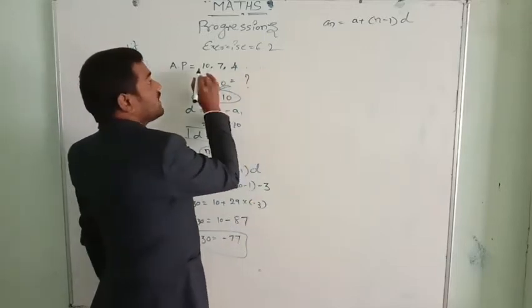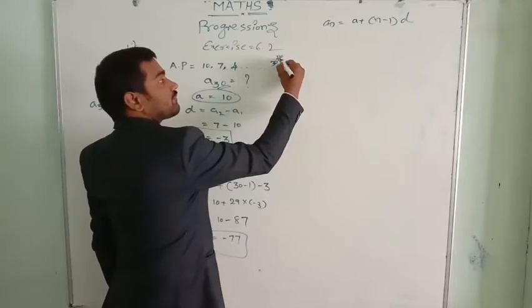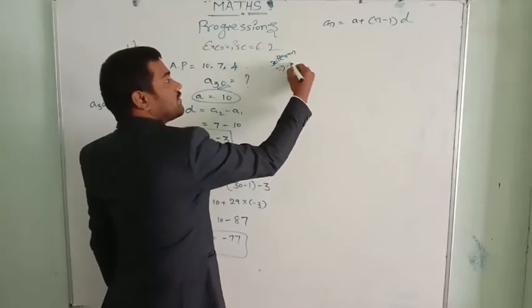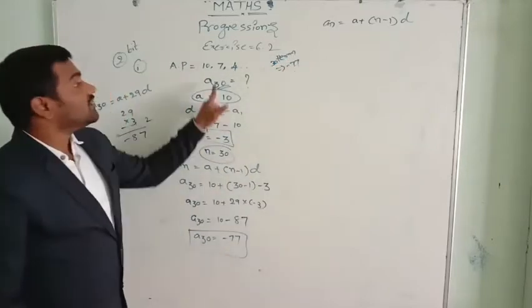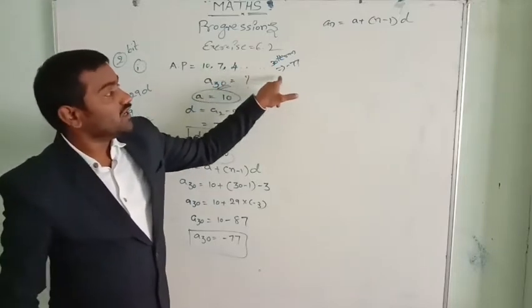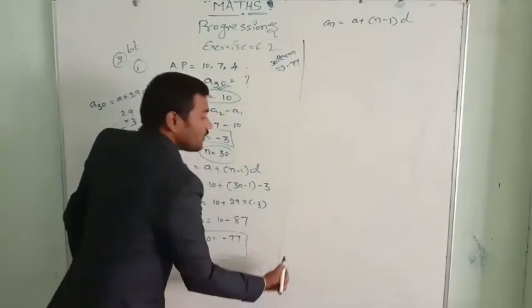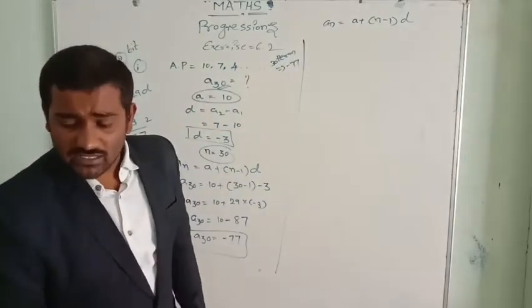Here 1, 2, 3 terms are given. The 30th term answer will be minus 77. See, these numbers are decreasing: 10, 7, 4. If you go like that, here we get minus 77. Now the second question of this is